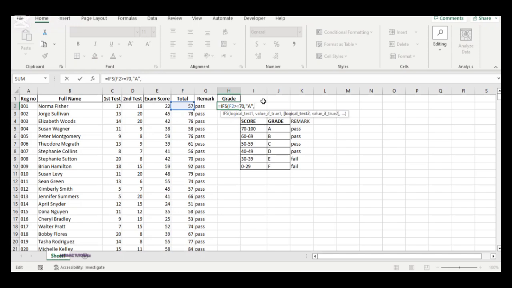Now let's go to the second condition. You can see logical test 2. We are done with logical test 1, and we are now in logical test 2. We select the same cell, and that is going to be our condition all through till we are done with our IFS function. So if this same cell is greater than or equal to 60,